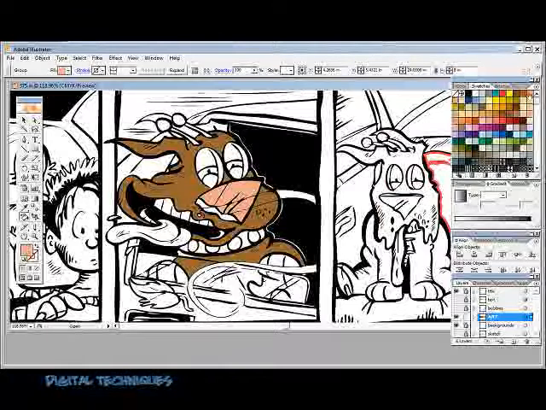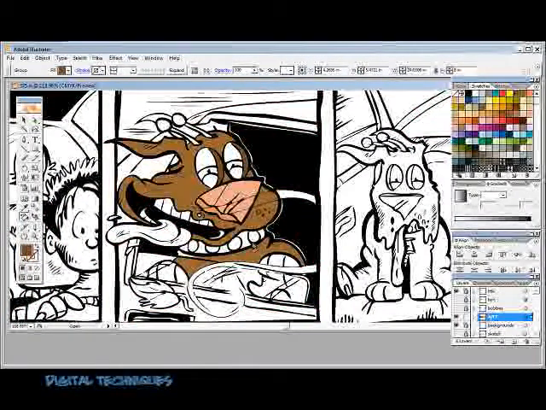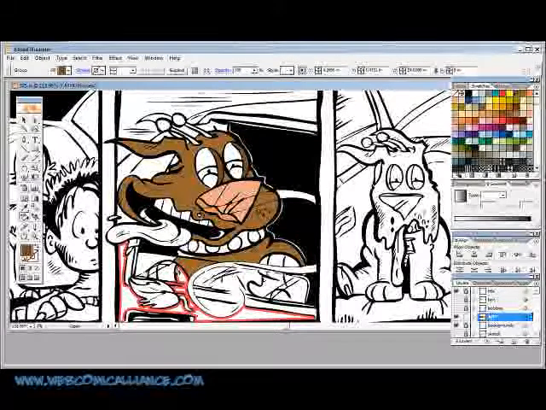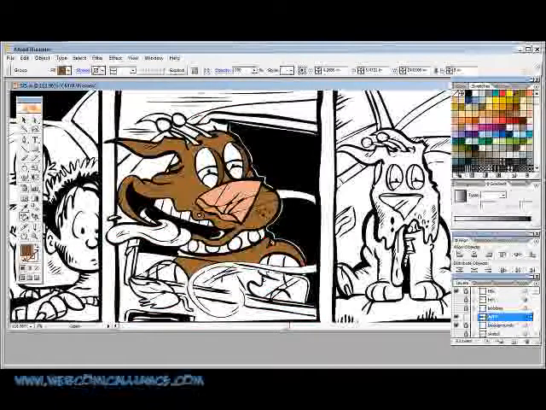Now the next problem that arose when I was using this tip is that sometimes your lines don't always connect in the right places. Like down here, Fred has a white belly. So right here, this side should be brown, but this side should be white. This is where I come in with the